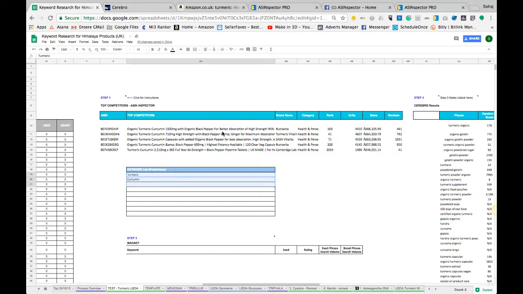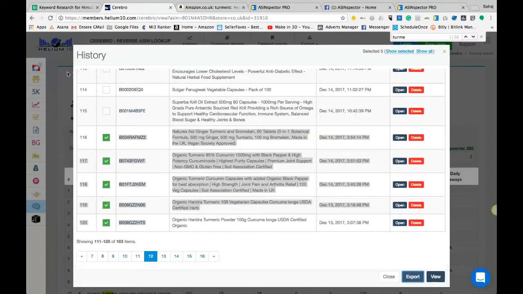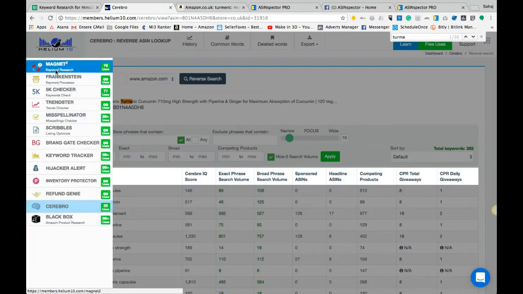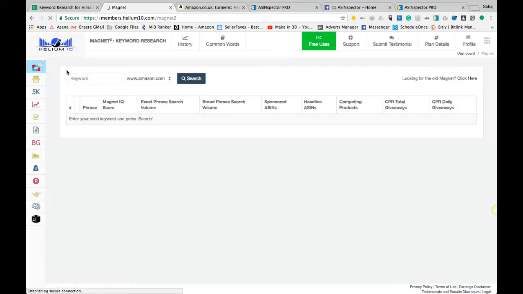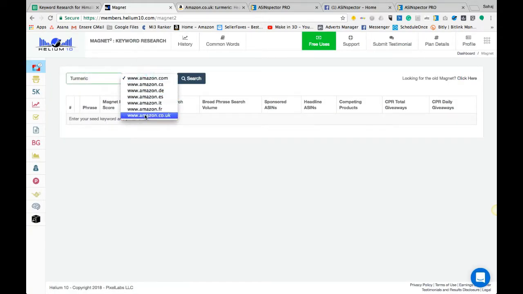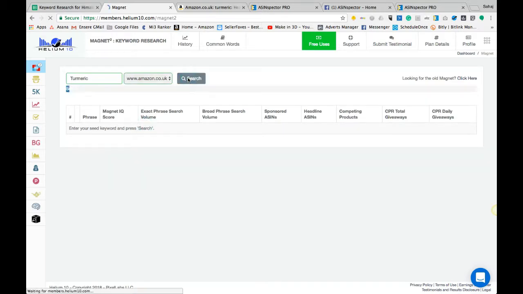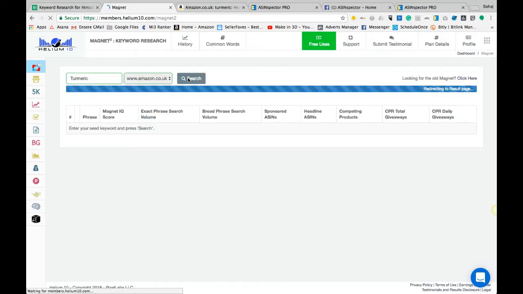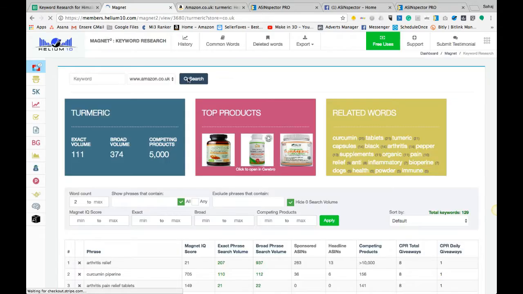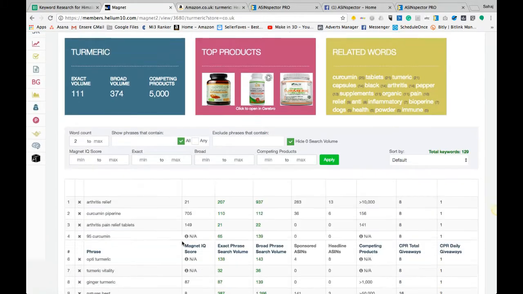So black pepper, probably not. I mean, that's too vague. I think let's start with this, right? So if you go turmeric, and you go into Magnet now, again, it will probably tell you I've done the research. Turmeric, again, choose.co.uk, and run. Boom, that was quick. Sometimes it takes time,